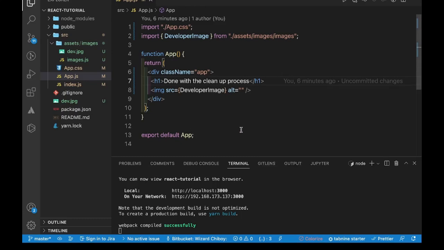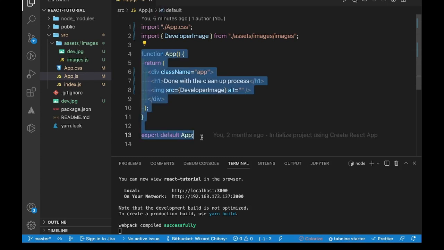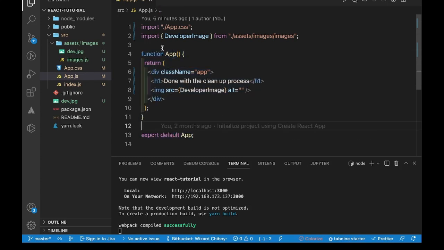Components are basically a function that you want to make use of in your program. Okay, so as you can see, this is a function, and of course this is a component. All right, so we can call this app component as it is right now. We can call this app component, but let's say we want a component that we want to name probably